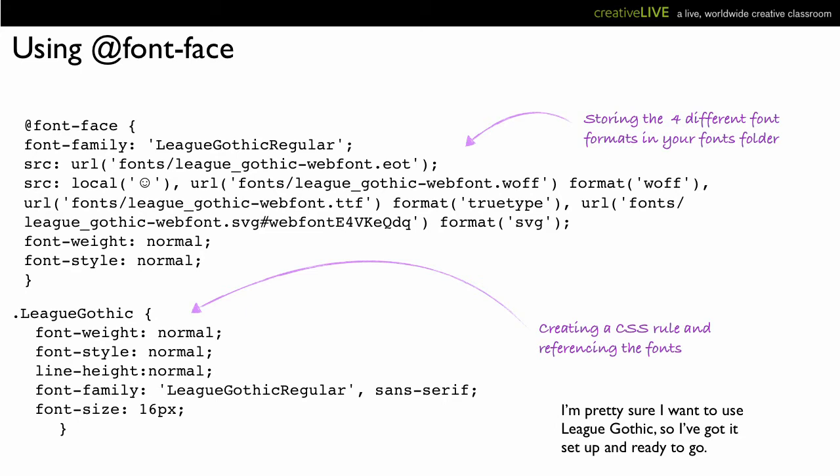In case that doesn't make any sense, the EOT is only for Windows. It's the Embedded OpenType. The WOFF is the Web Open Font Format. The TTF is TrueType. Anyone with a print background recognizes these. And the SVG is Scalable Vector Graphics, which we need for the iPad and the iPhone. You need to reference all of these, and then you need to write a little CSS that says I'm going to be using them. I'm going to be using a font called League Gothic,